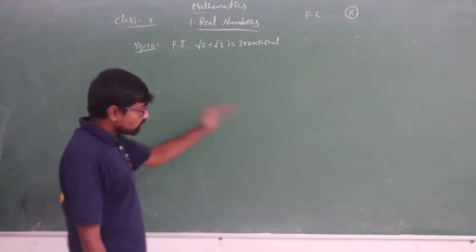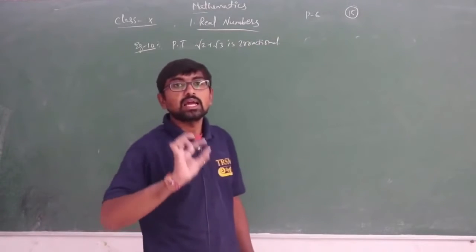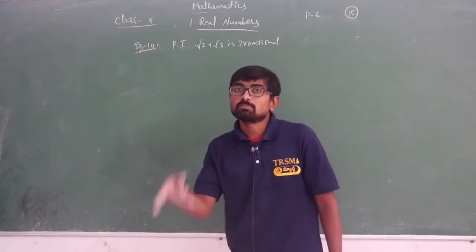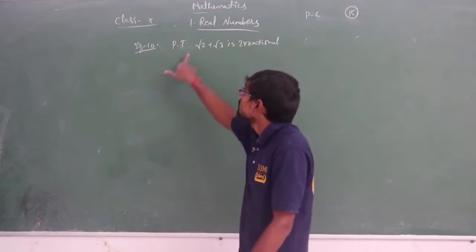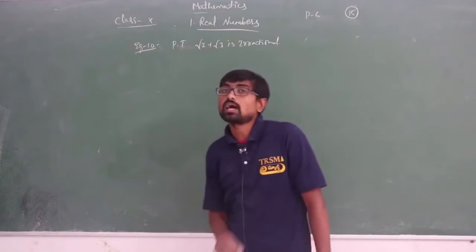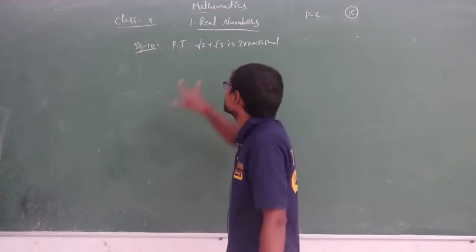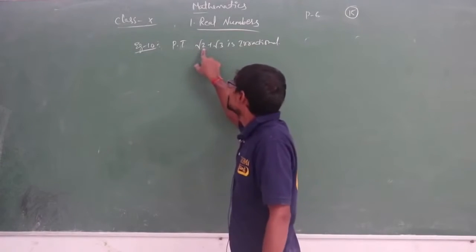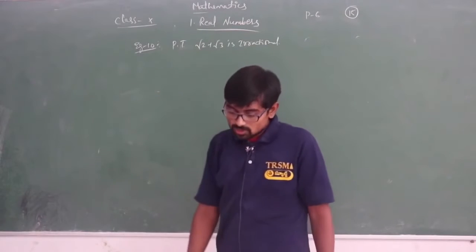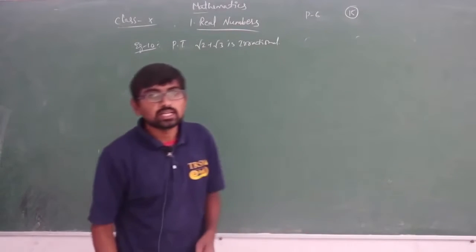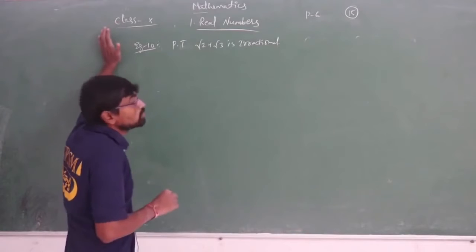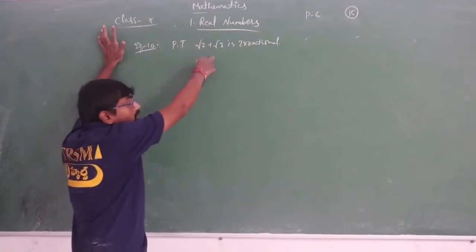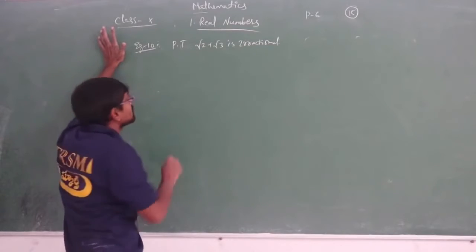Till now, before this, a rational was added to an irrational and a rational was multiplied to an irrational, but in this question both the numbers are irrational themselves. Here root 2, here root 3, they are both added. So here we have both numbers as irrational numbers, isn't it? Now we need to prove that their sum is irrational. So first, for proving this as irrational, we have to assume it as rational.